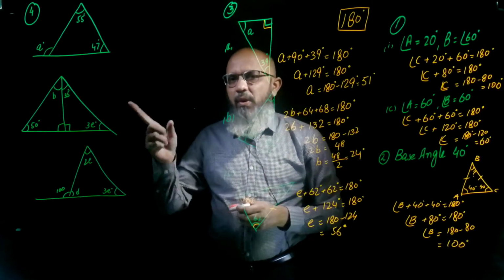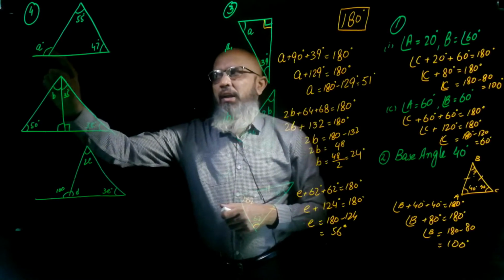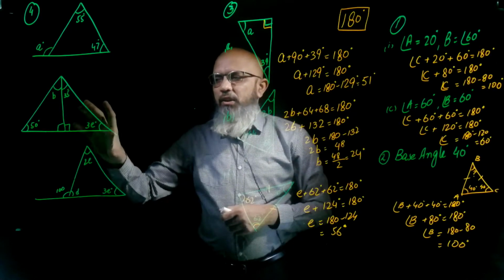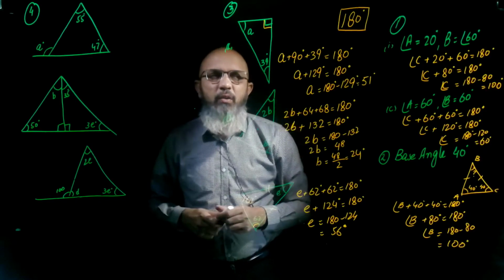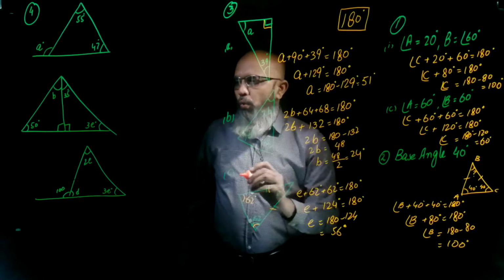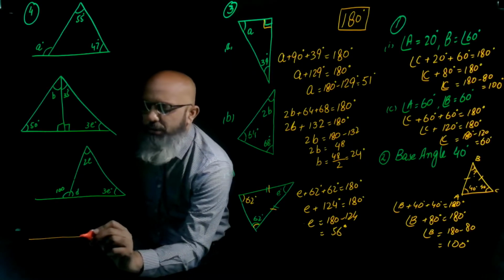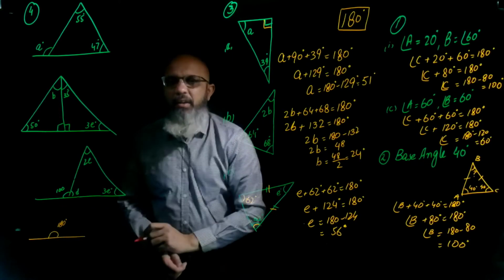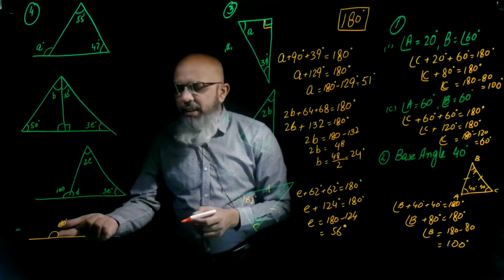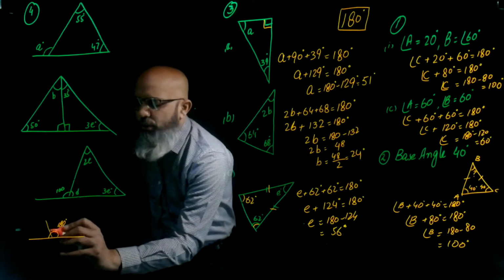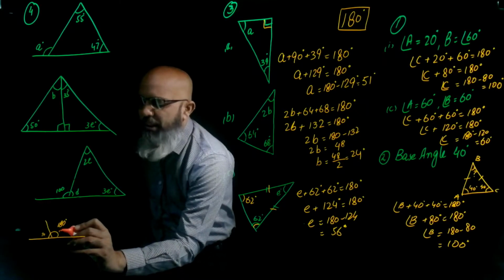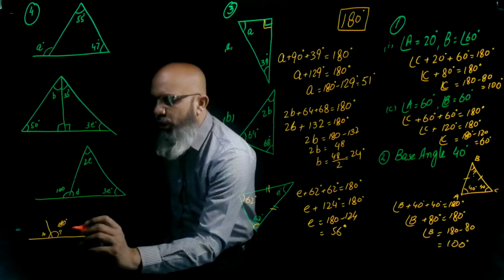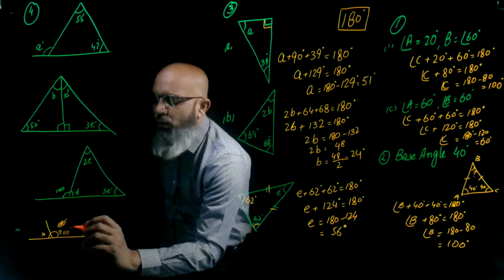Now there is one more thing. There is an exterior angle of a triangle. Similarly, here we have an exterior angle of a triangle. So to solve these questions, we have to keep one thing in mind, that is the angle of a straight line. What is the angle of a straight line? Do you know? That is 180 degrees, right? So if one angle is given to you, suppose it is 70 degrees, what will be the second angle? Simply you will subtract from 180, you will get your answer, that is 110.